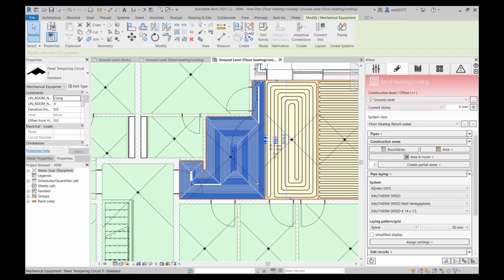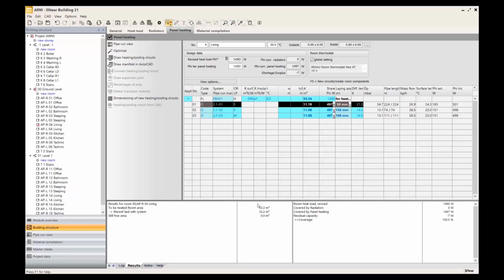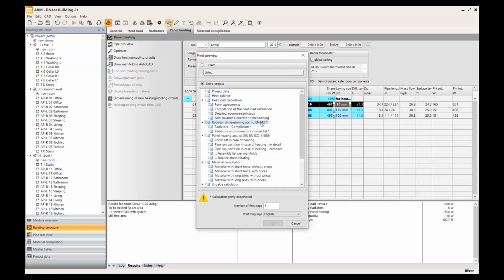We finished our calculations and dimensioning, and now we will have a report based on our results. We go back to linear building, and then we click on this little printer sign in here. And here, as you see, there are titles to create this report. We select the heat balance, completion of heat load calculation and detailed room-wise printout. We select radiators and panel heating,